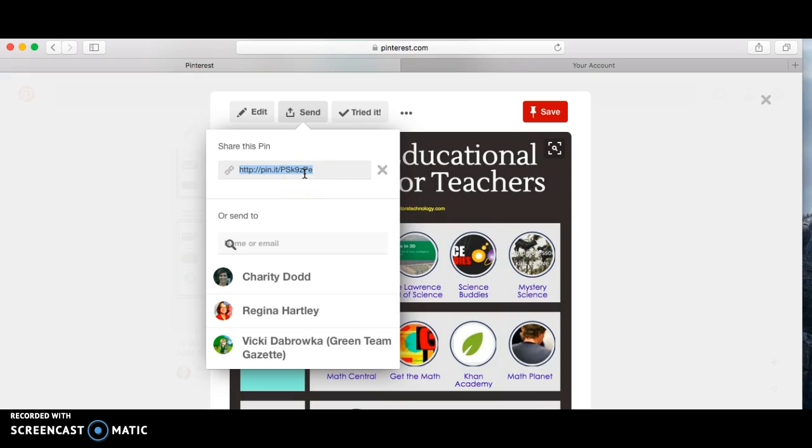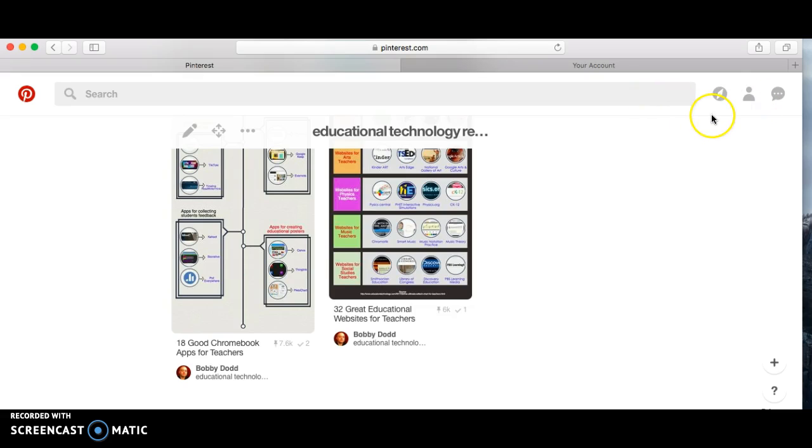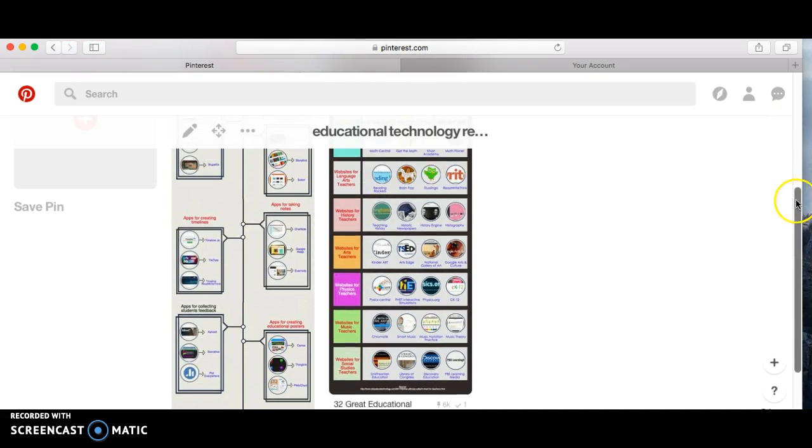And then I could send it to my staff. Now it's important, staff would have to have a Pinterest account. You could also send it by Messenger, Twitter, or Facebook. So we always recommend our staff have Pinterest accounts, so if we want to share pins with them,